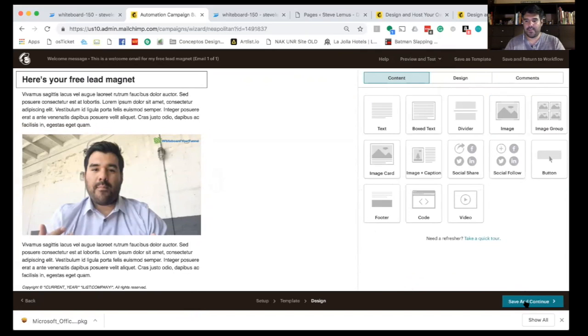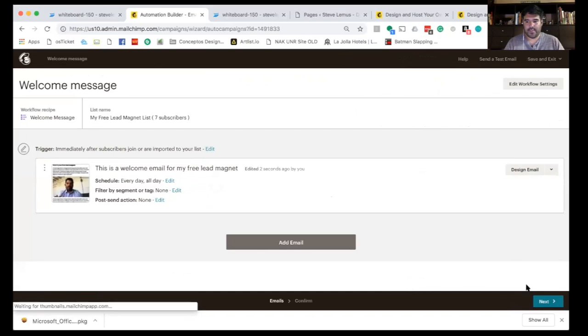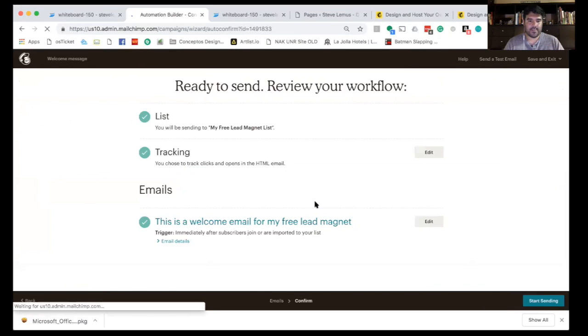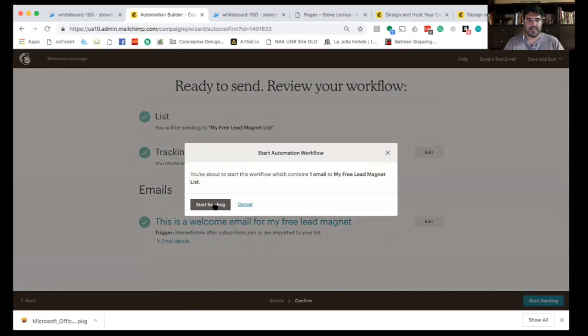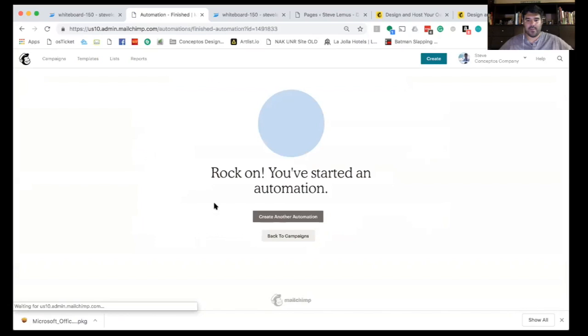And save and close, save and continue. Hopefully now it'll let me say, okay, great, you're all set. So if we hit next, okay, cool. So now it said it's ready, and then start sending. So this means that they'll automatically get it. So hit start sending, and you're pretty much set. Your automation's all done. So now if you go back to your lists,